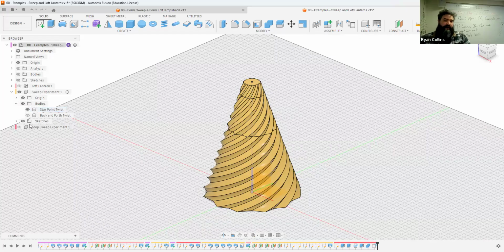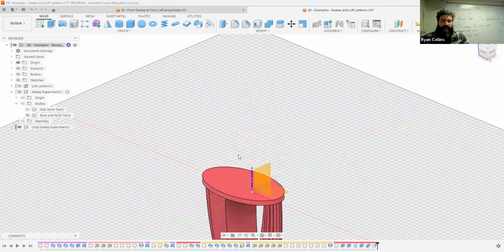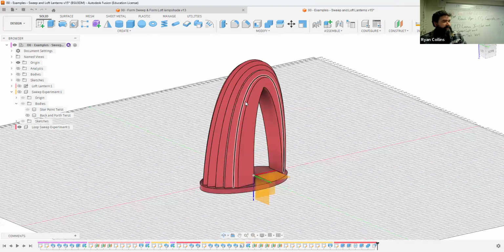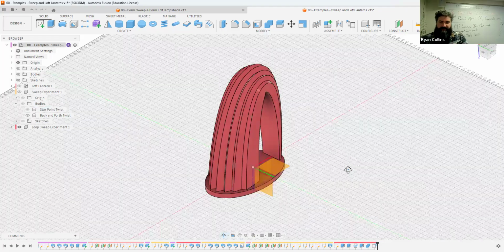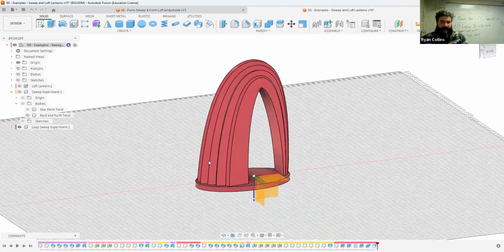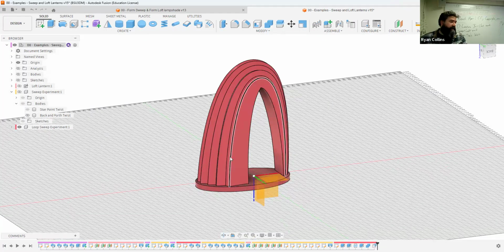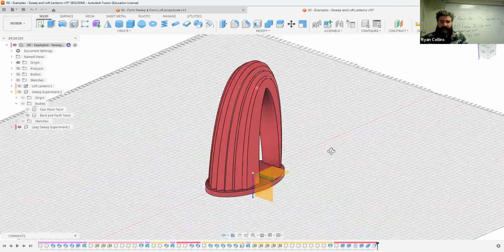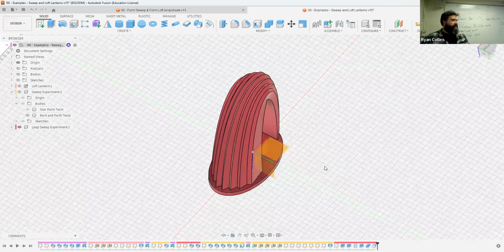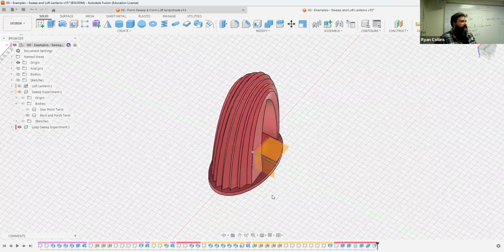But one of the other ones I experimented with and wanted to show y'all, and I accidentally did this upside down, is that it doesn't have to be central. You can have it offset or anything like that. And this is exactly that. This is a profile that I've swept in this arc, that I've also applied a taper to, but I just wanted to experiment with streaks and things. So I wanted points. But one of the things you have to be aware of